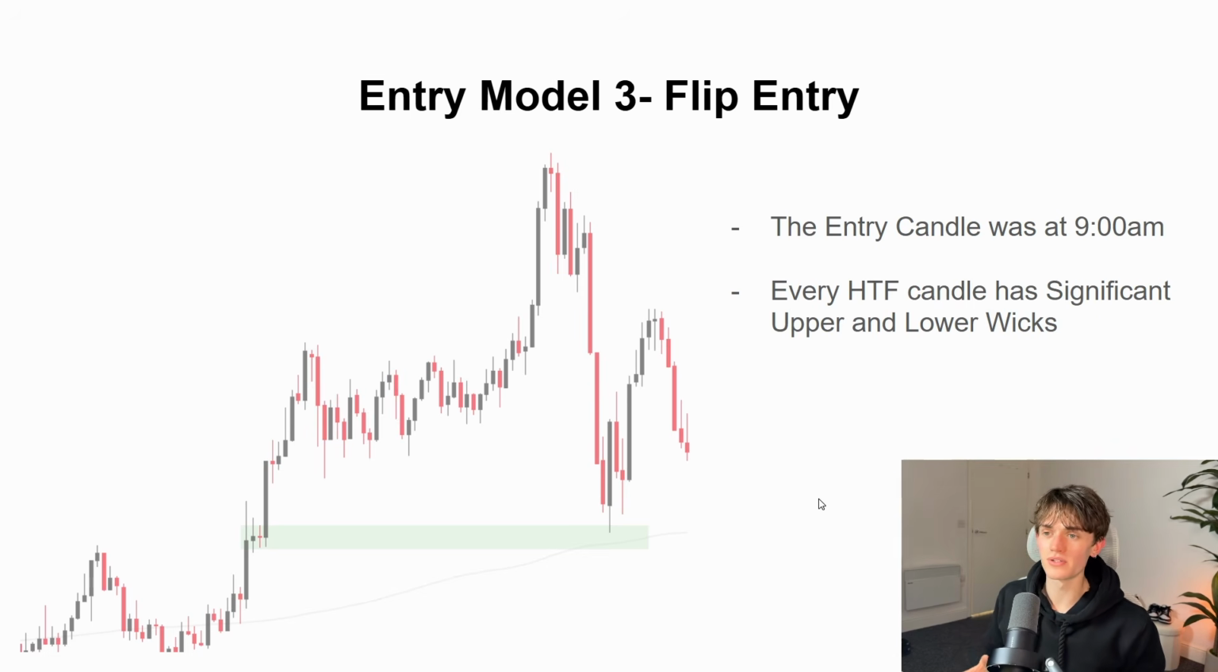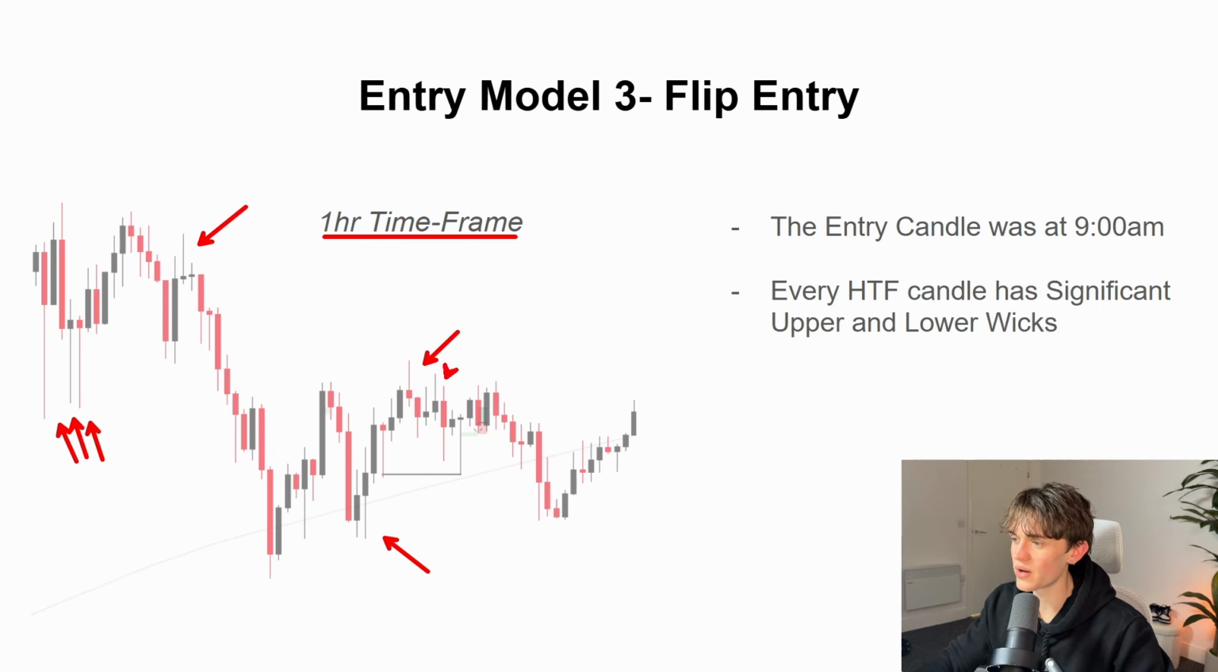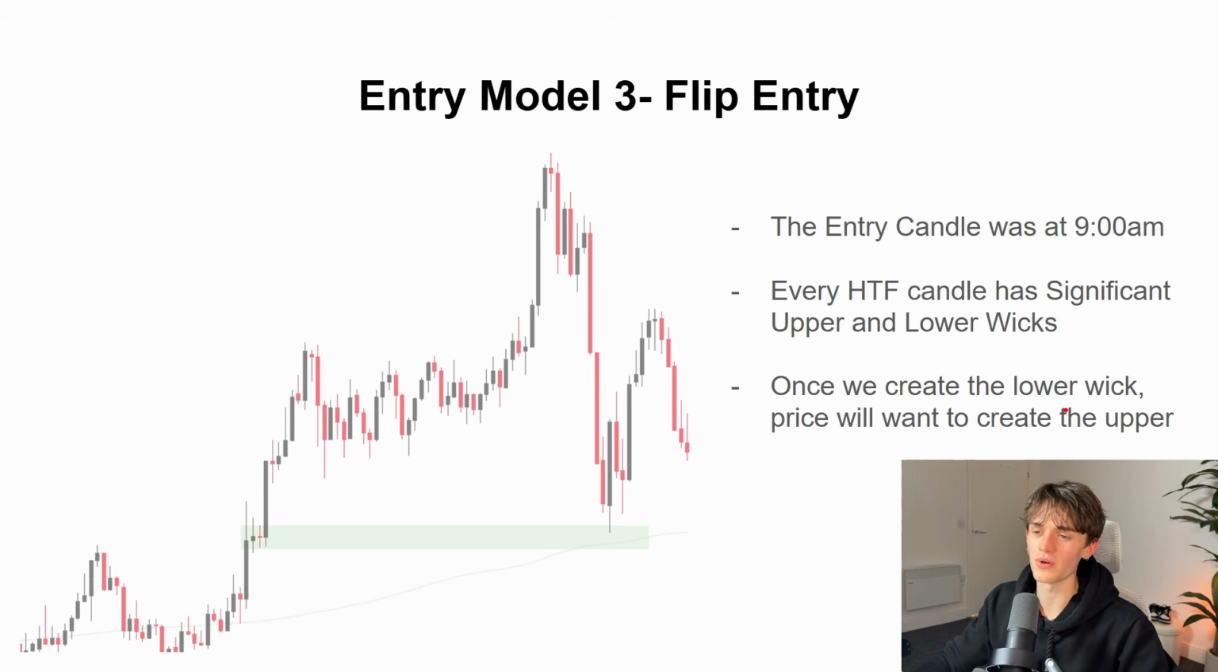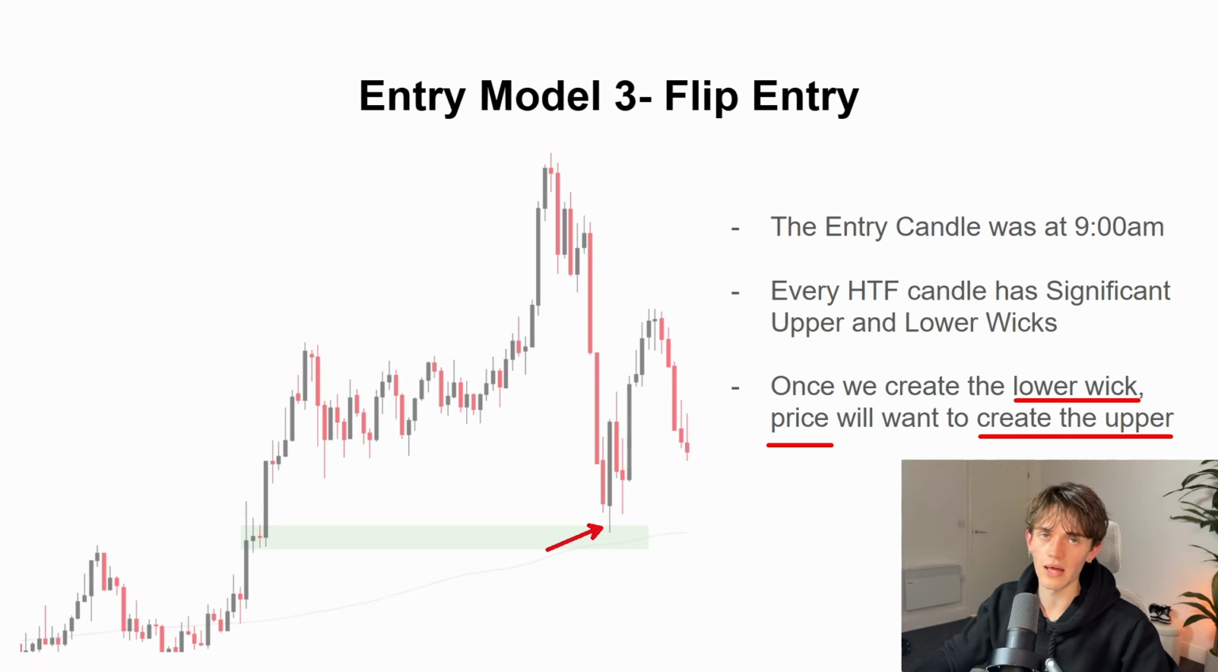And this is going to be important because every higher time frame candle has significant higher and lower wicks. If we were to look at the 1 hour time frame, we can see that there are significant lower wicks as well as significant higher wicks on a very consistent basis, almost to the point where I can say every single candle. Now, this is really important to know because once we create the lower wick of that new higher time frame candle, price is just going to want to make that upper wick as well as hopefully closing bullish. Therefore, that lower wick is made, and once the candle flips from bearish to bullish,